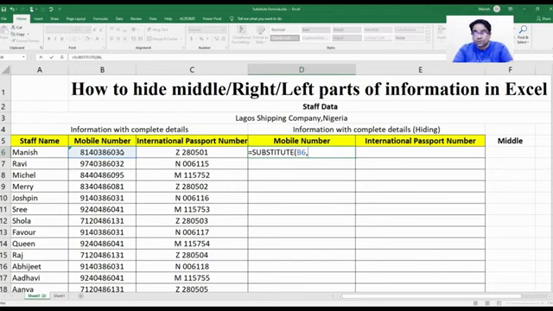We have to hide from the right, so we write the RIGHT function, open bracket, again B6, comma, how many digits we want to hide from the right. Let's take 4, close bracket,